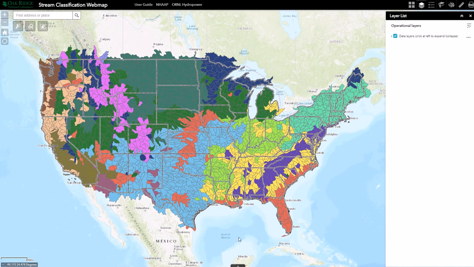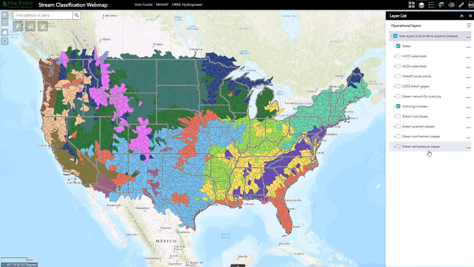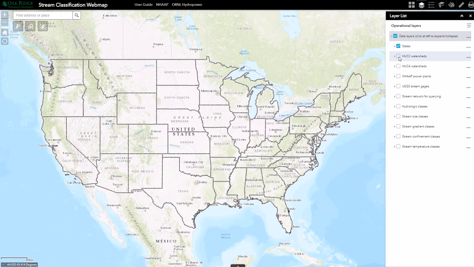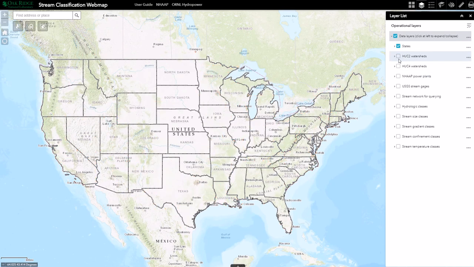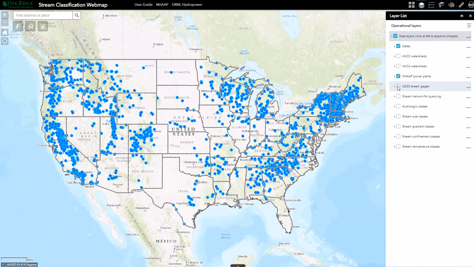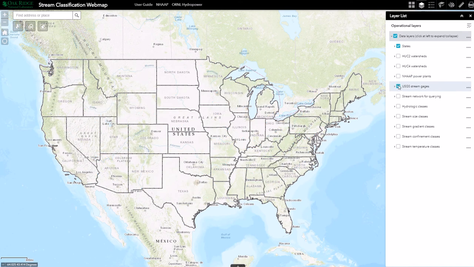So when you first launch the tool, you will see different layers listed on the right hand side of the screen. Some of the basic layers are states, which are displayed by default, and then a couple different scales of larger watersheds across the US. We have hydropower plants and stream gauges across the country,